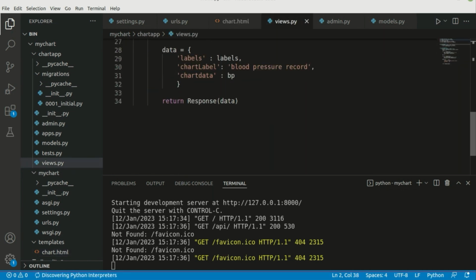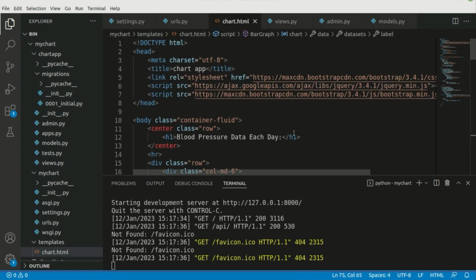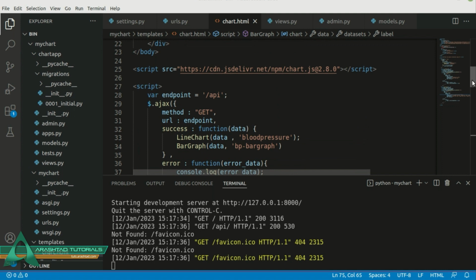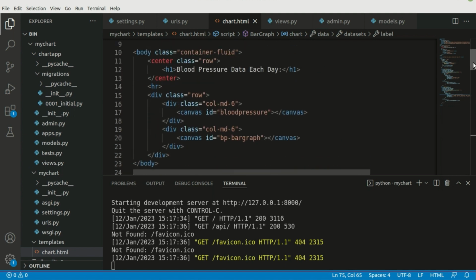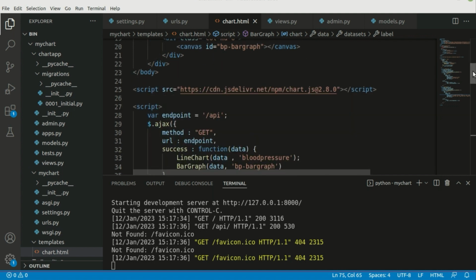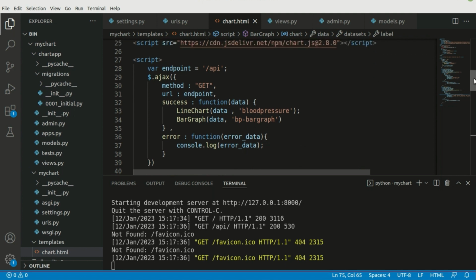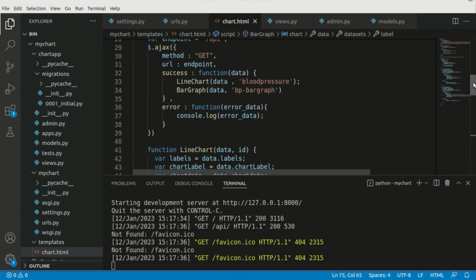transfer data from here in the views.py to the charts.html. Well, the answer is whatever data you push here, you can then create the data necessary for your line chart or bar graph. So you can add as many canvases as you want over here, and the other thing you can do is to use these functions as many times as you want, but it's all about managing data inside of your